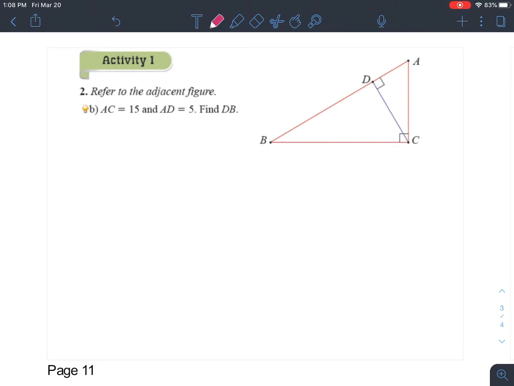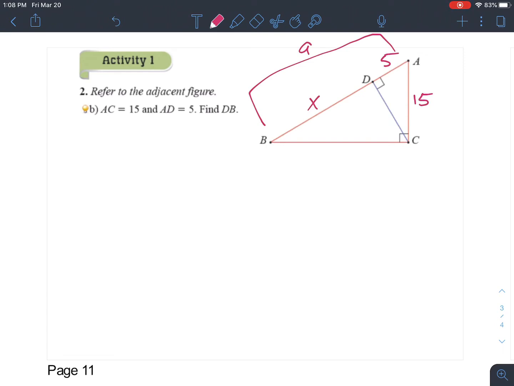All right, so we know that AC is 15, AD is 5, and we're supposed to find DB here. So I'm going to call that one X. So looking at this, my thought is that we should find what DC is, which I will label Y. And once we have that, then there will be enough information in order for us to find X. Although, you know what? There's another way we could solve it. You could either do it this way, Pythagorean theorem with these three, and then you can use the geometric mean with those three. Or another way that we could solve this,